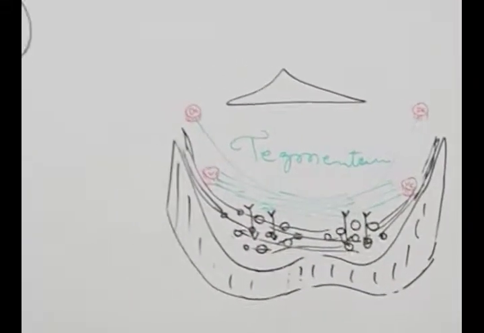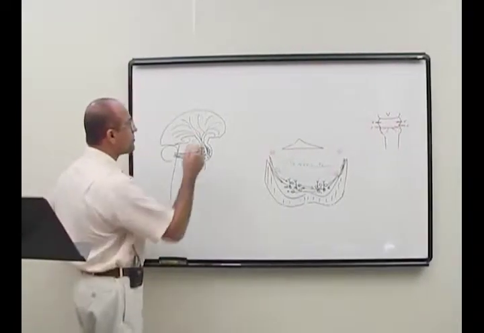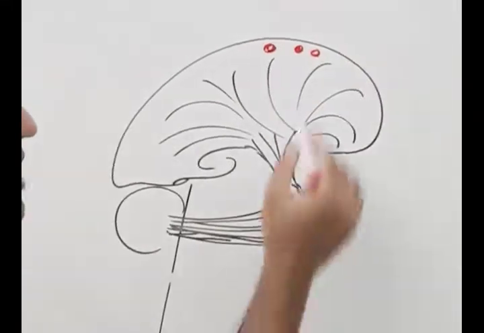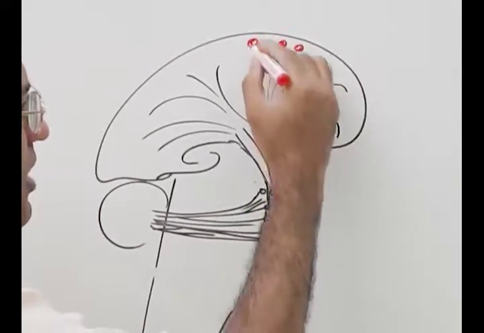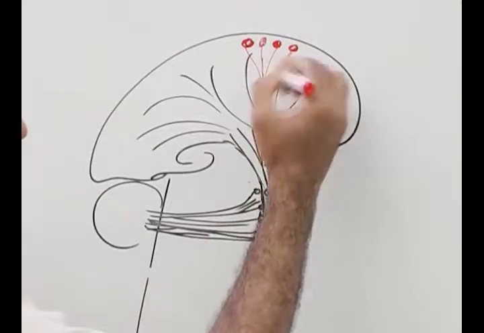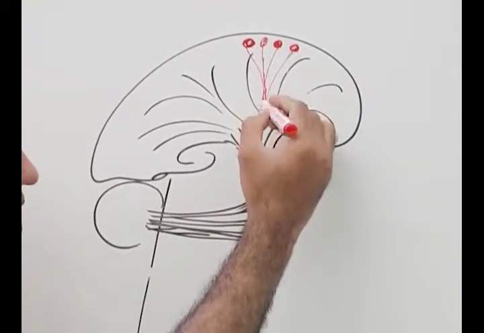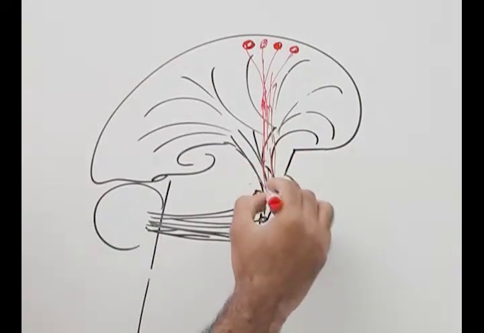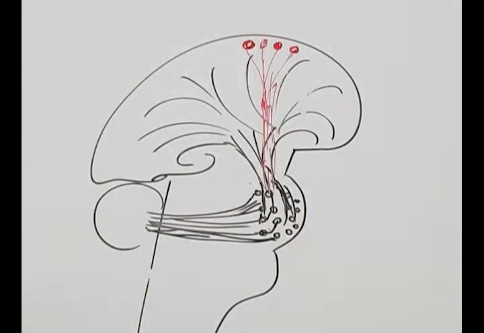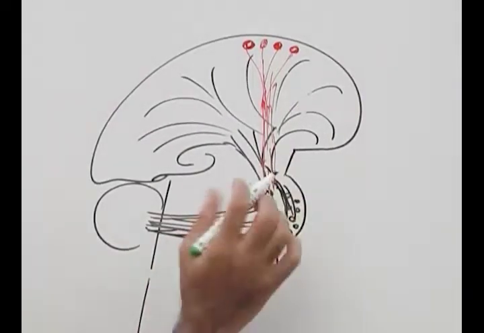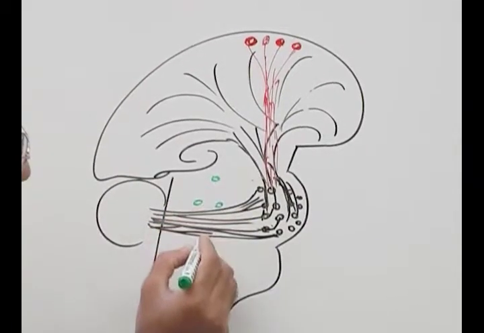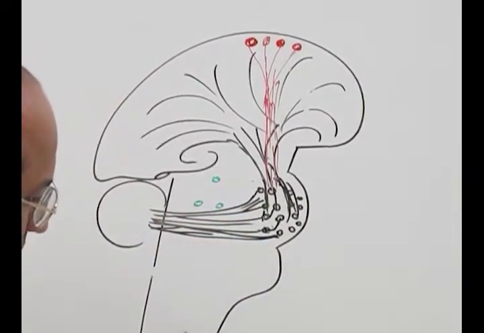Then from the motor cortex and from the premotor area and supplementary motor area, there are fibers going down, and even some from other areas. Now these fibers which are going down, what are these fibers? These red fibers which are going down. Some of these red fibers will end up in the motor nuclei in the brainstem, and other fibers will come